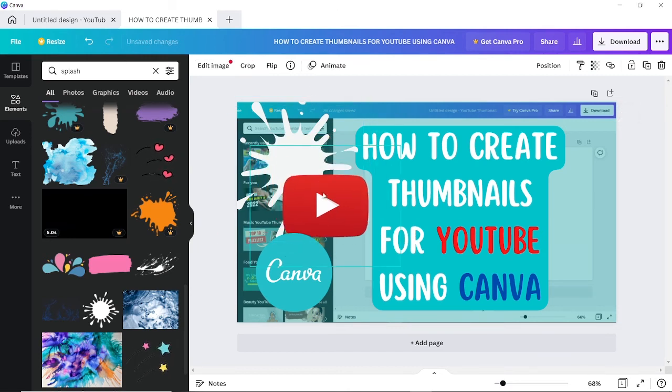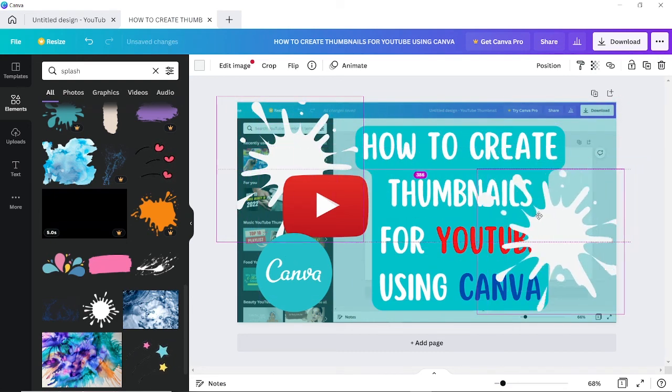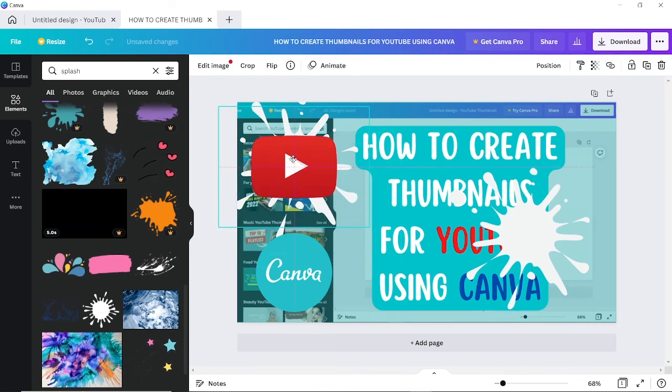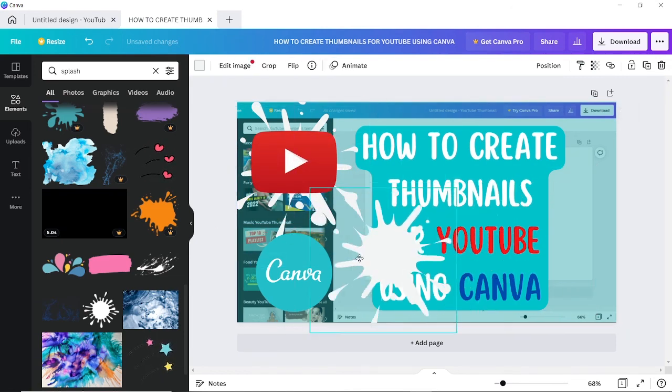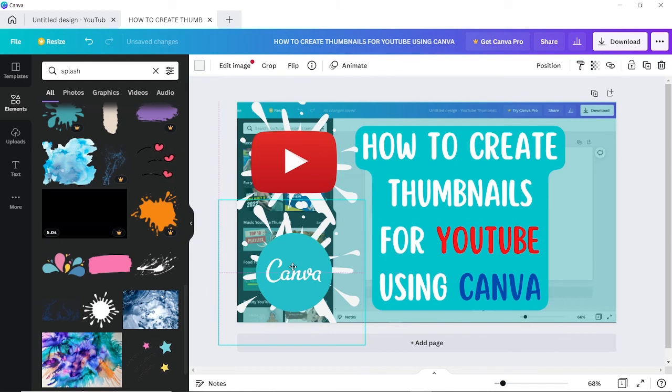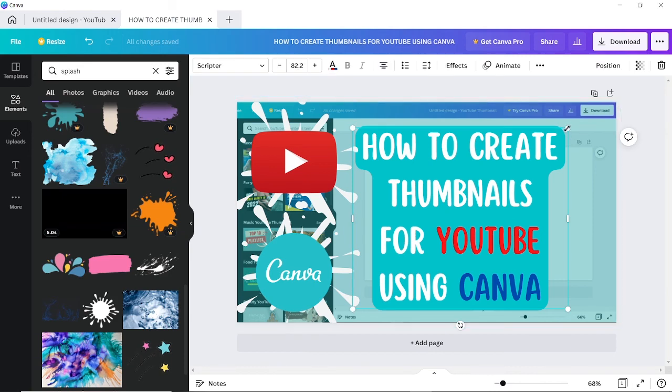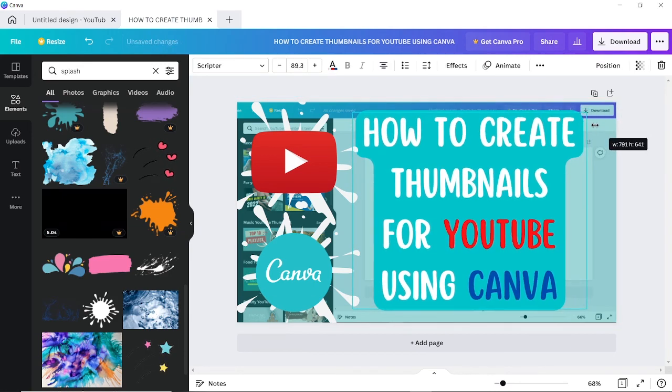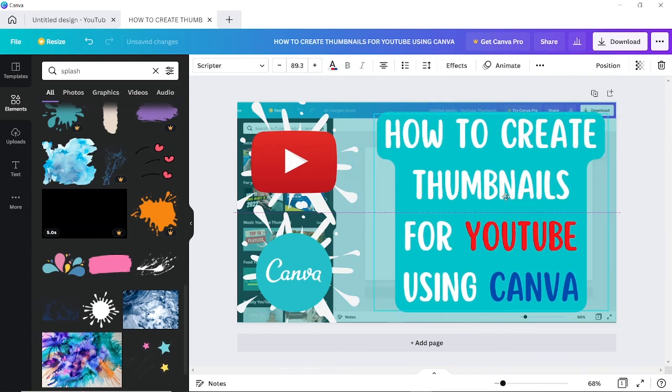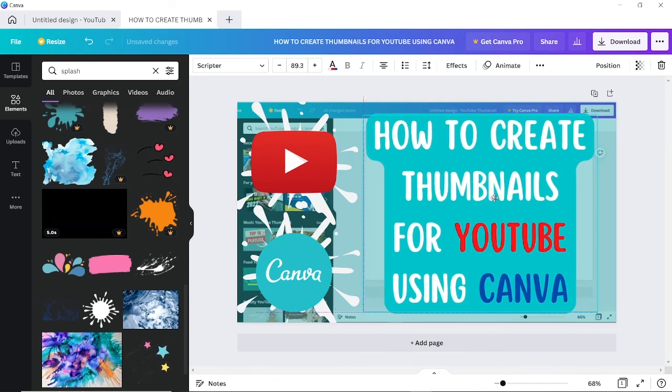If you want to duplicate the splash, all you have to do is click on Alt on your keyboard and drag it aside, so it creates a copy of the whole thing. And then you can bring it on Canva as well. So you can see now that we have added a little bit more depth to the logos that we wanted to create, and you can just place the words somewhere here. So yeah, I mean, this is not the best thumbnail, but this gives you an idea of